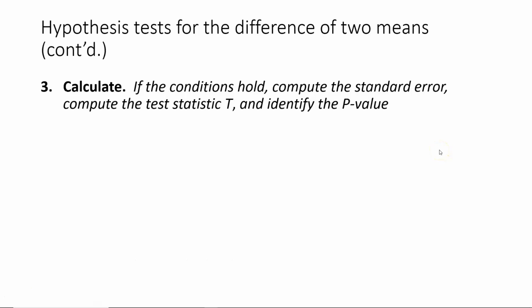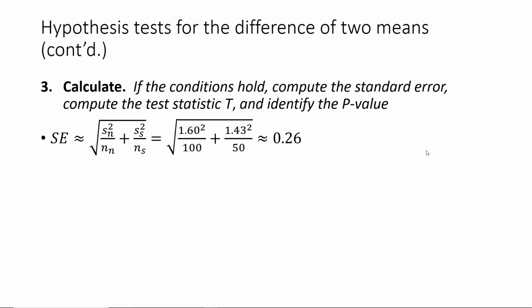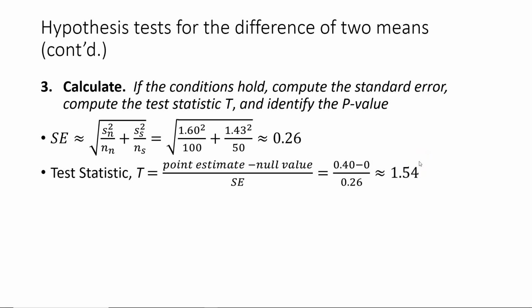So next we move on to the calculate step. Since the conditions held, we start by computing the standard error. I've shown the formula on the screen as to what we get as a value for that. In this case, we get 26 hundredths for the standard error. Next, we compute the test statistic T, capital T. Notice I've written the formula on the slide, and I've also calculated the value as being approximately 1.54. The next thing that we need to do is to identify the p-value, which will require us to start drawing a null